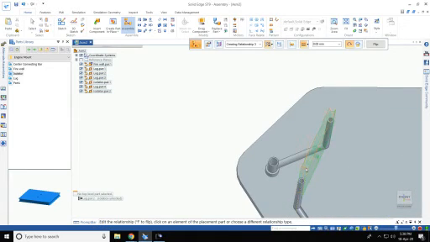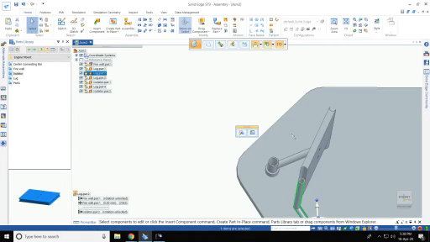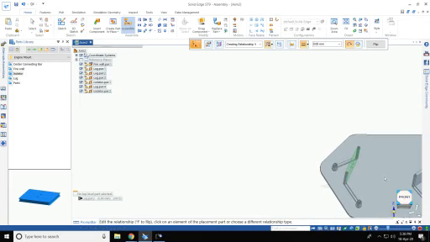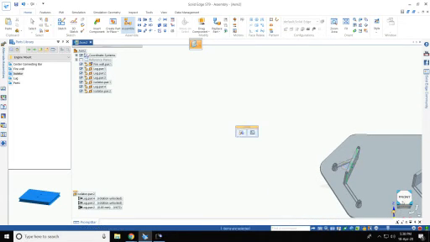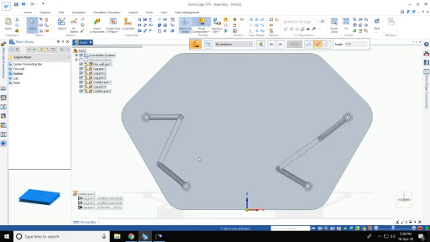Okay, now this surface on this surface. Sorry, assembly. Okay, now done. Escape. Now go to your front view, drag this component